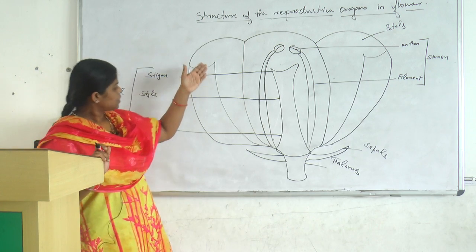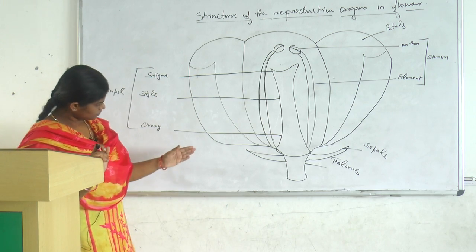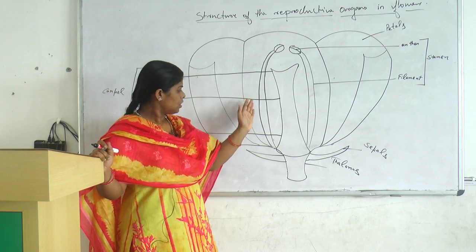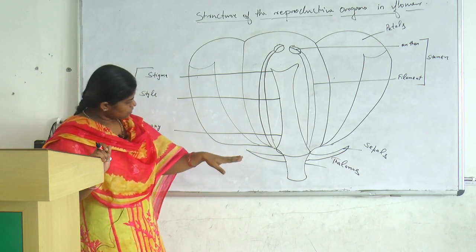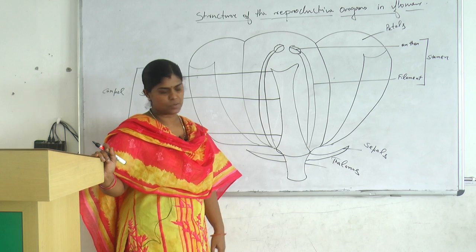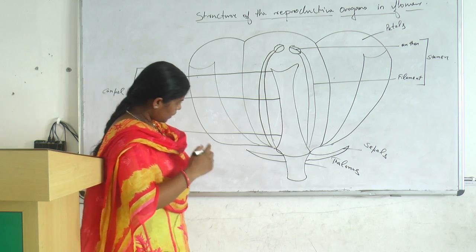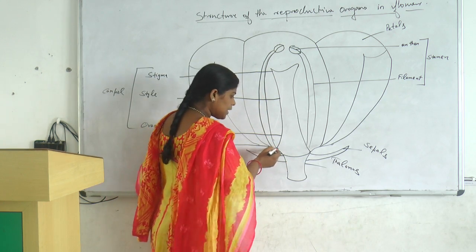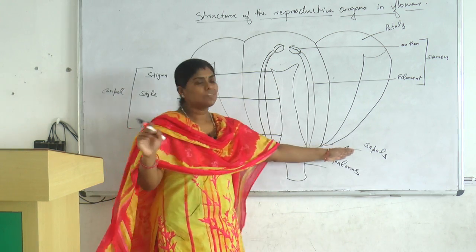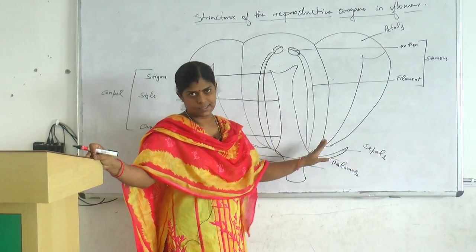This structure is a bisexual flower structure. Apart from these reproductive organs, what else is there in a flower? The first one, this distant portion, just like a cup, is known as the thalamus, where the other parts get attached. Along with this, you can see green leaf-like structures around this part. A single one is known as a sepal, and a group of sepals makes the calyx.